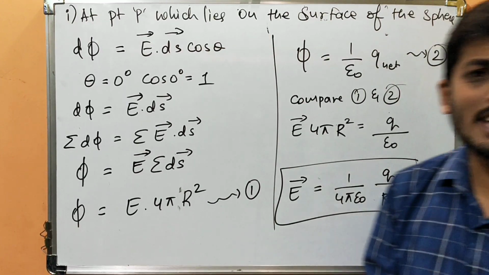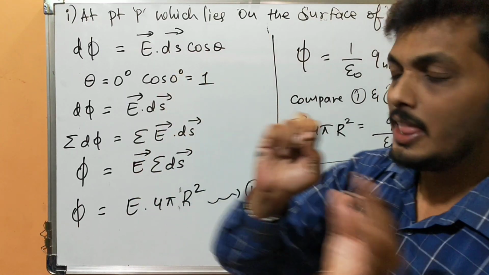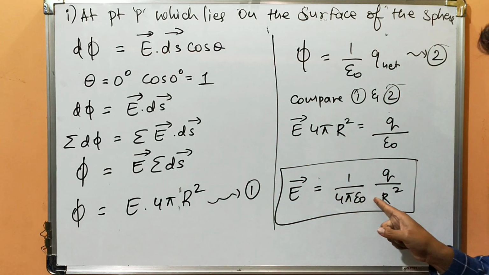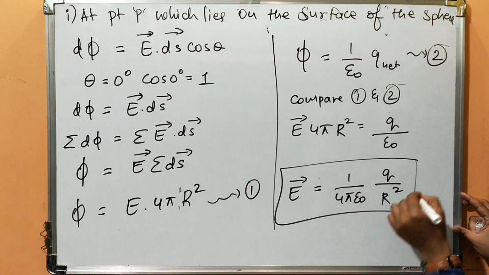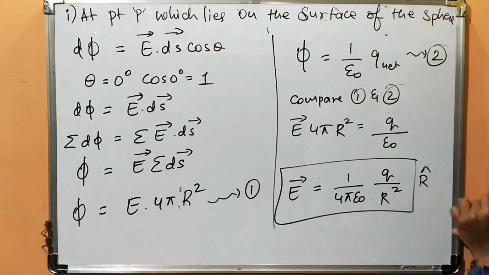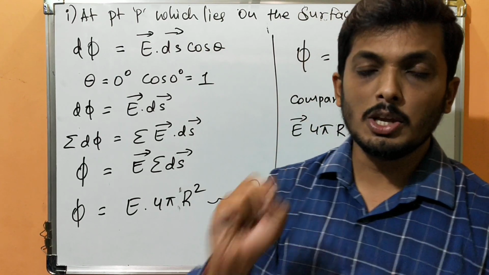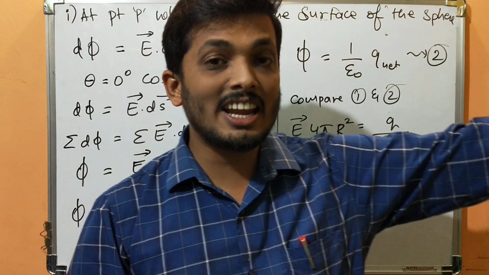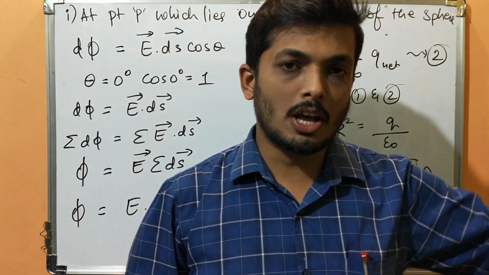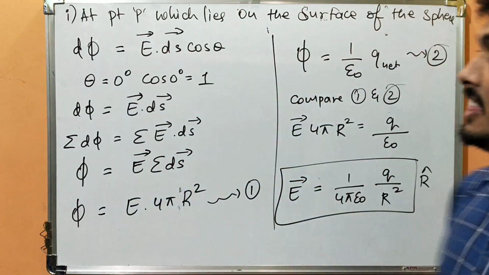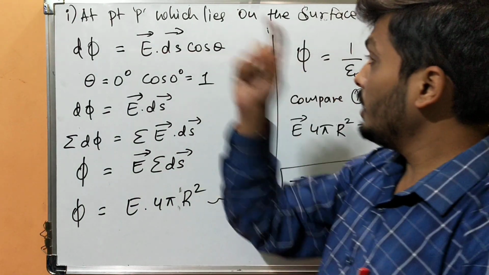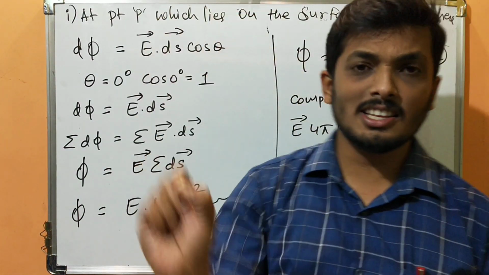If you want to write in vector form, you can simply write r cap, where r cap is a unit vector directed radially outwards from the surface of the sphere. Okay, and the third and most important case, if the point P lies inside the sphere,